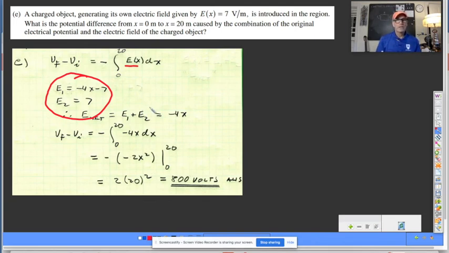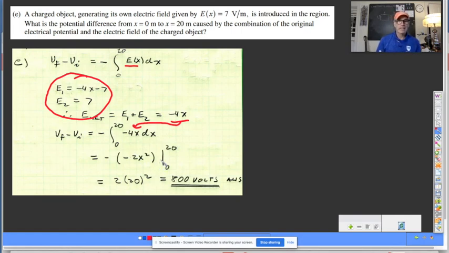So E1 plus E2, negative 4x minus 7 plus a positive 7, we get negative 4x. So the net electric field is what we're going to take the integral of, evaluating from 0 to 20. You know the drill